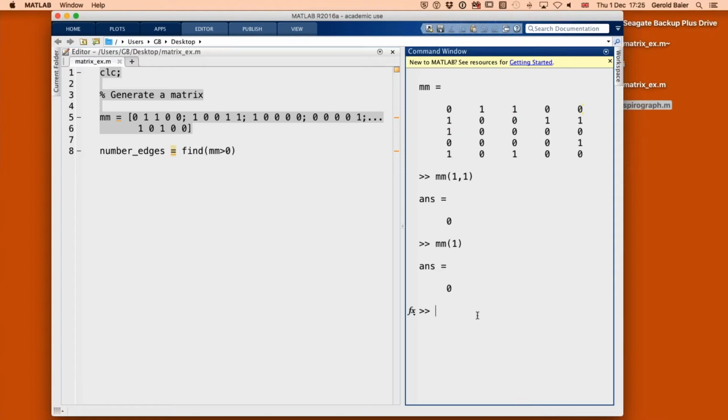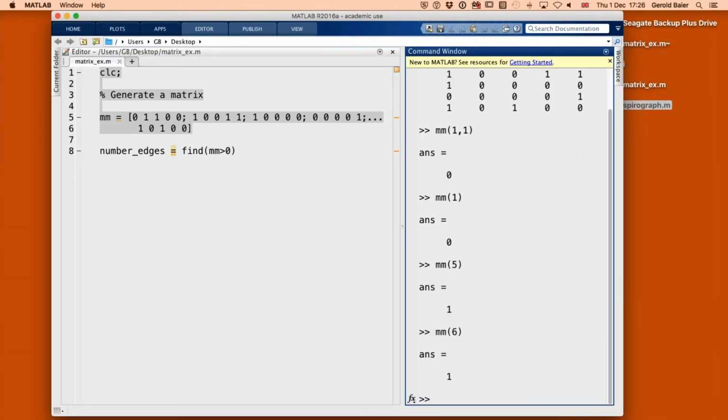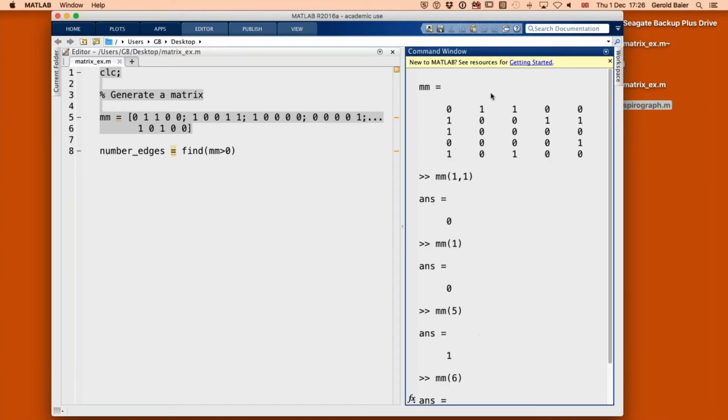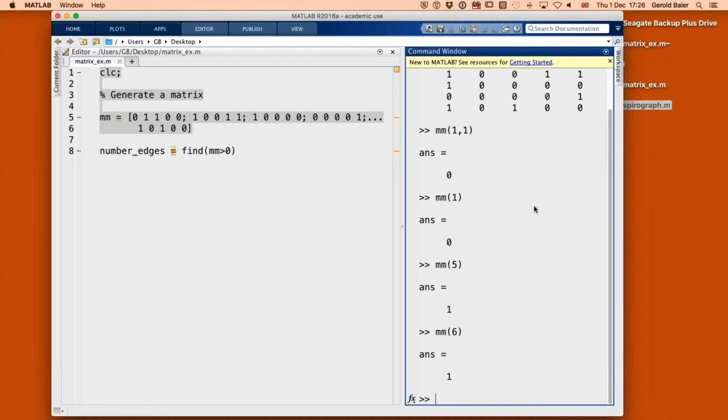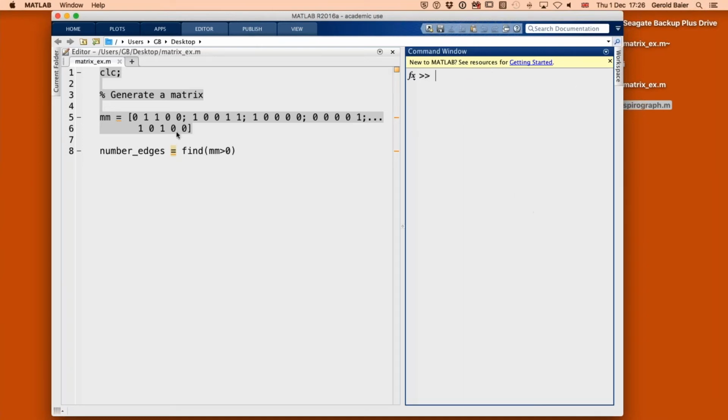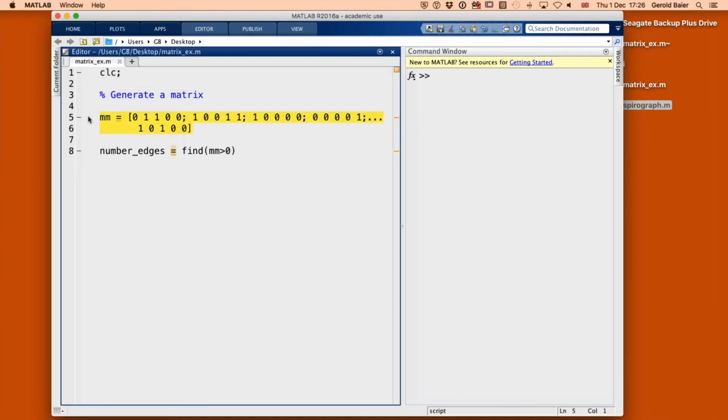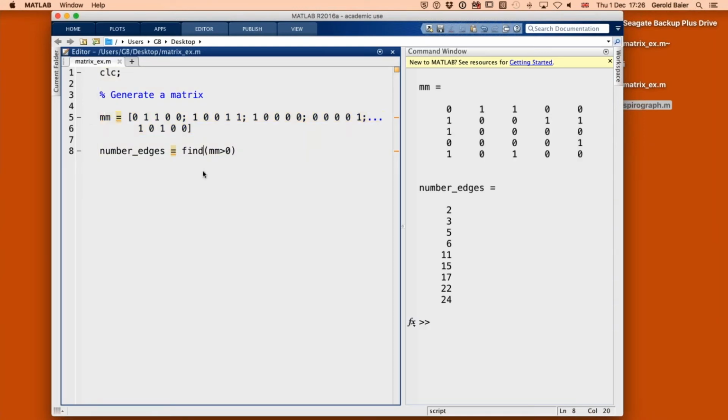So let's try to find that out. We get this element by looking at element 5. If element 5 is equal to 1, it tells us that MATLAB actually goes column-wise. So it goes down the first column, and then element number 6 will be the first element of the second column. So that's how we can find out